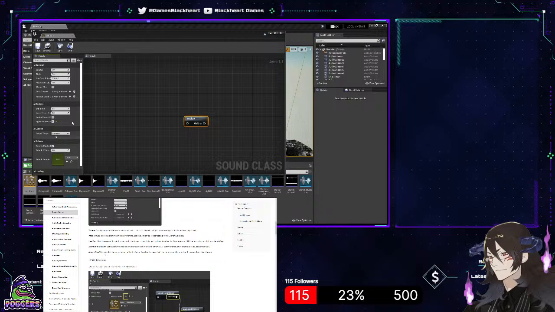Wait, what? When enabled, it prevents sounds within the sound class from being ejected from the voice pool by sounds with a priority lower than Always.